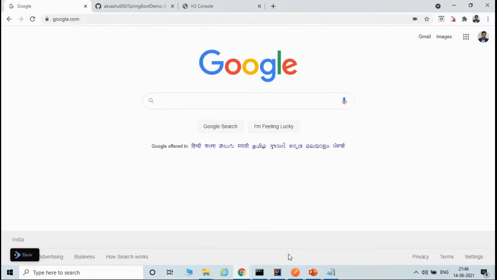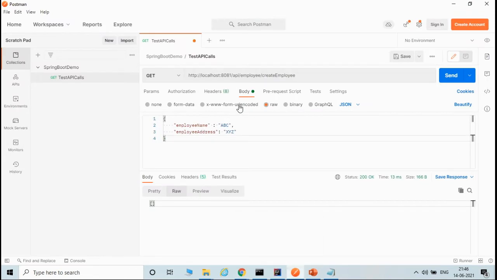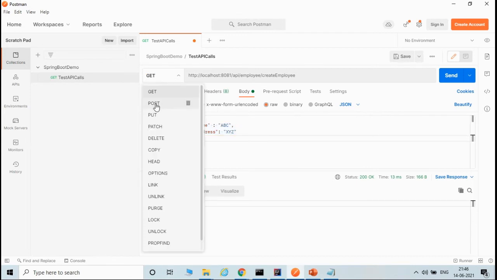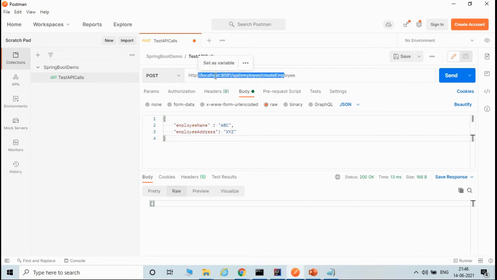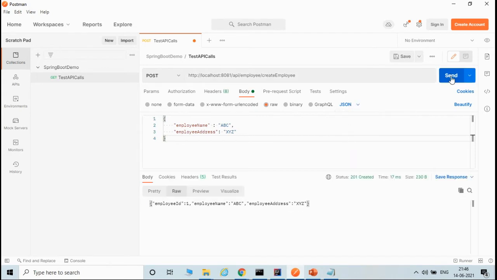So let's go back to the Postman GUI, and I have already pasted some JSON data here. We need to select post, and the URL should be localhost 8081 api employee and create employee. The drop down should be JSON, and then you click send.